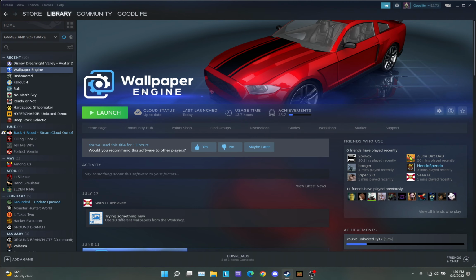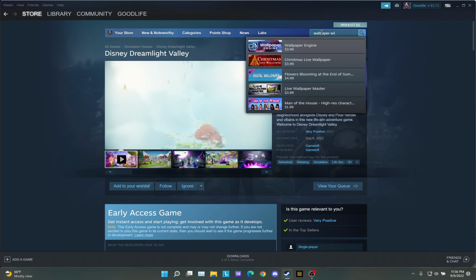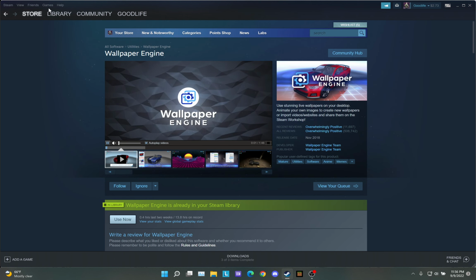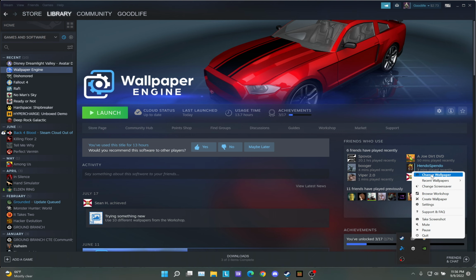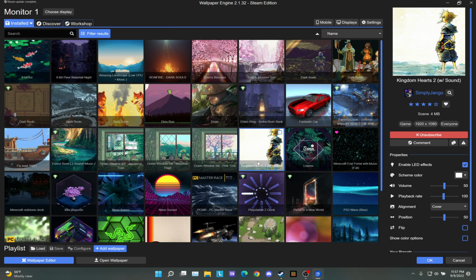open Steam, and you're going to look for Wallpaper Engine. You just go to the store, Wallpaper Engine, $3.99. After you get it installed, just go ahead and open it. I already have mine open, so I'll just click here, change wallpaper. There's a ton that you can have installed. However, this one is called Kingdom Hearts 2